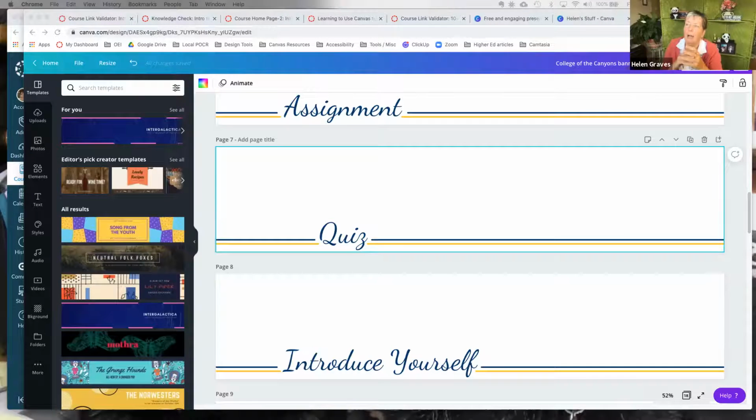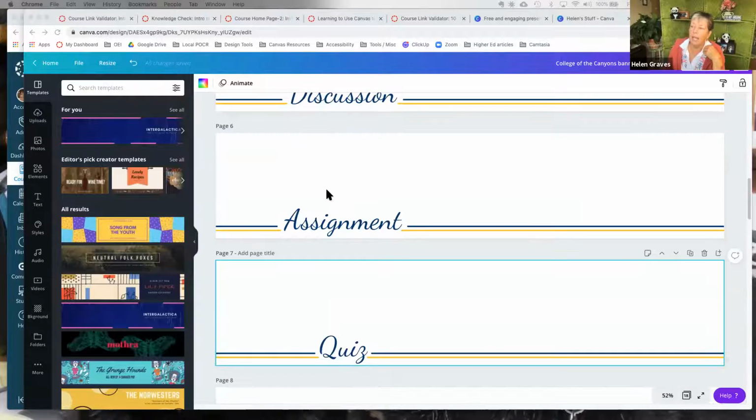Yes, absolutely. I'm an accessibility zealot, so I would say you always need to think about accessibility. What you would want to think about in terms of these images is, is it something germane to the content where it would need alternative text, or is it really just decorative so that it's not applicable? If it were a banner, I would probably recommend that your alt text say whatever text is in the banner. It doesn't need to say a banner with blue and gold horizontal lines and blue text. In this case the alt text would simply say assignment, quiz, discussion.